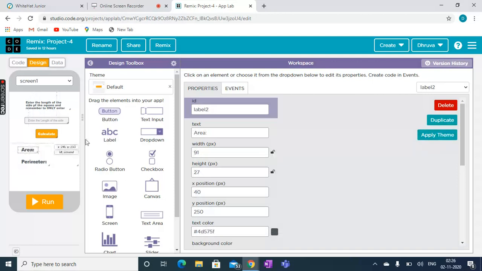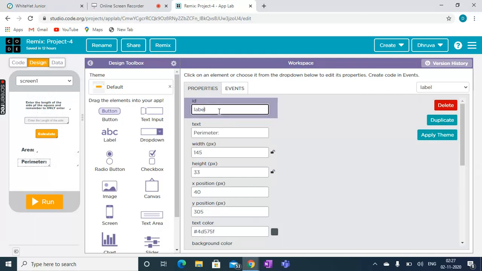And the area label, I will keep it as area label. Now this is also a label, but this label is for the answer, how much the perimeter and area of the land are. First we will do this one.